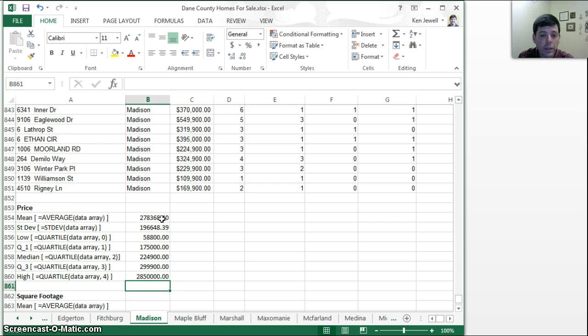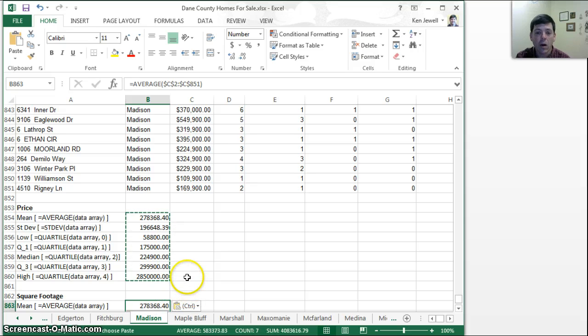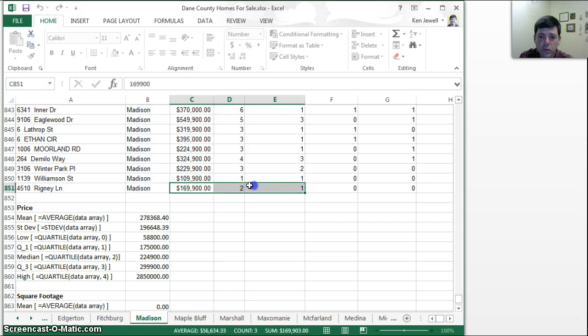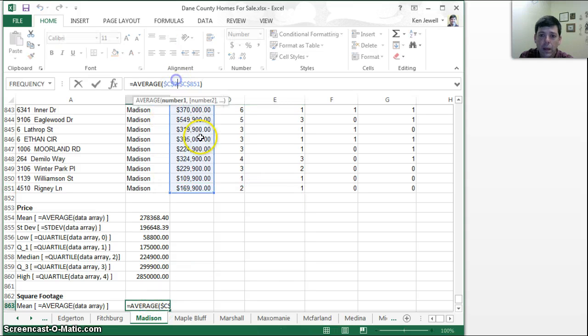What I'd like to do is do the same thing for square footage. So if I were to copy these all over down here, that copies it, and because I did the absolute cell addresses, notice that all of these are referring to the C column. So if I just click on this data set and then put the cell in here, it says, okay, we're doing all the C's, and then I'm just going to drag this over. Whoops, let's try it again. I want to just move this data set over